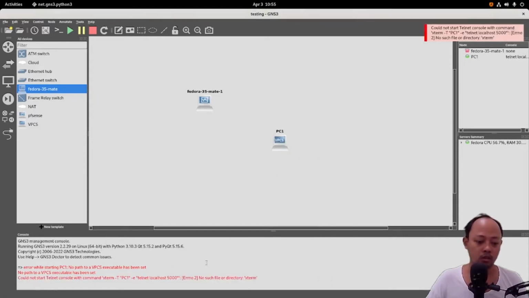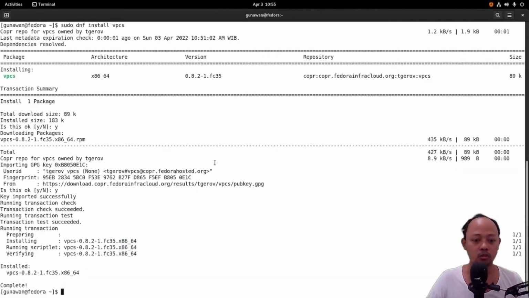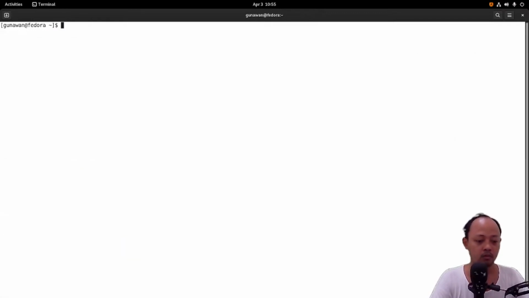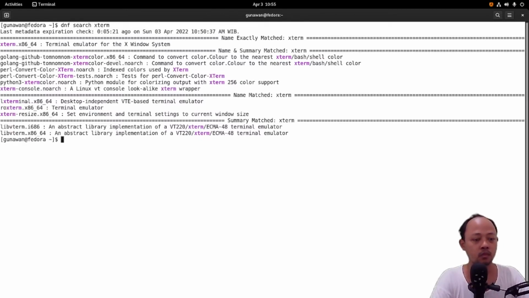So there's another error. I think this GNS3 needs a package named xterm. So we go to the terminal. We can find the xterm package. So there's a package named xterm, terminal emulator for the X Windows system.